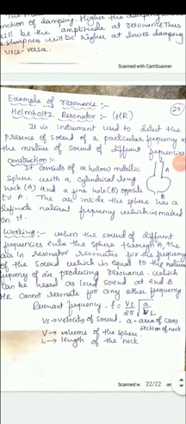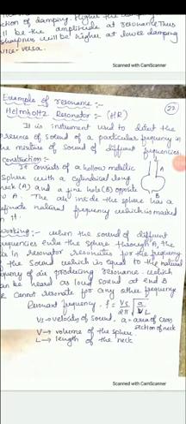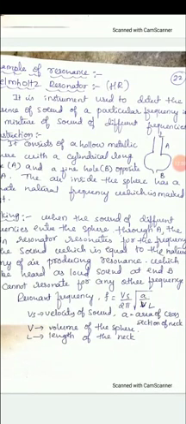So the Helmholtz resonator cannot resonate for any other frequency, therefore the resonant frequency is given by F is equal to Vs divided by 2 pi into A divided by VL. So now see